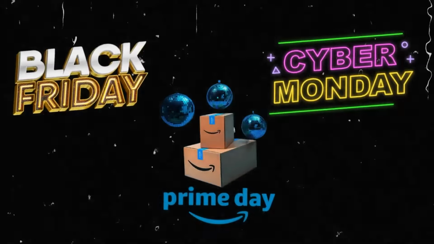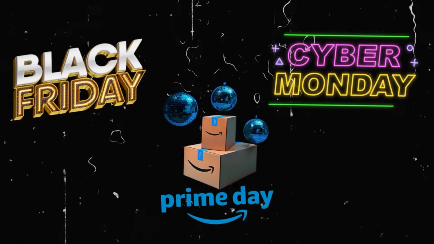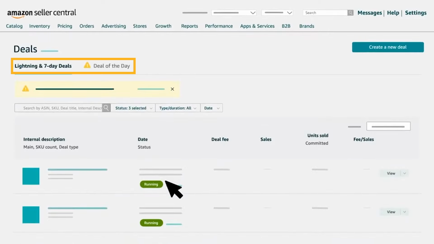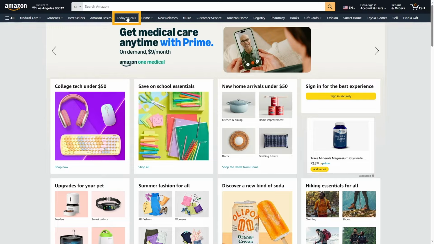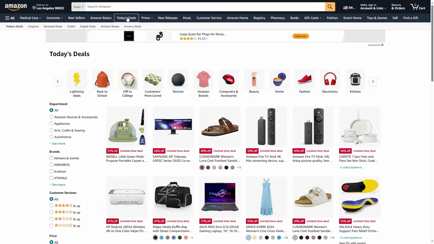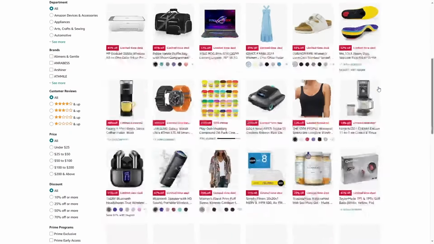Discounts and coupons and promotions really start playing a crucial role when it comes to major holidays. Prime Day, Black Friday, Cyber Monday. That's when you can start applying for deals. There's Prime Day deals and Black Friday, Cyber Monday deals. And if you're lucky, you can get a 7-day deal or deal of the day. 7-day deals and deals of the day absolutely crush, right? Amazon has special placements for that, and they will show you to like 10 times more people if you have those deals. And they're very hard to get. With Prime Day deals and Black Friday, Cyber Monday deals, anyone can apply to them.